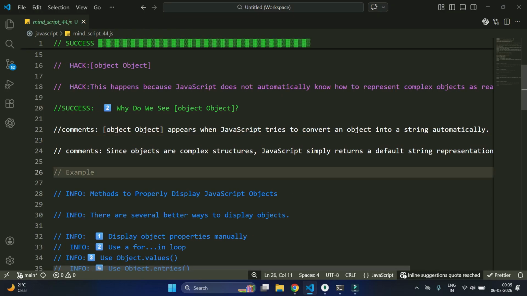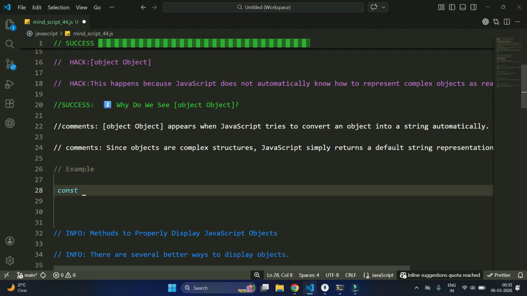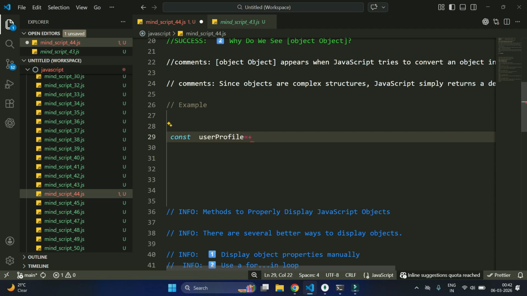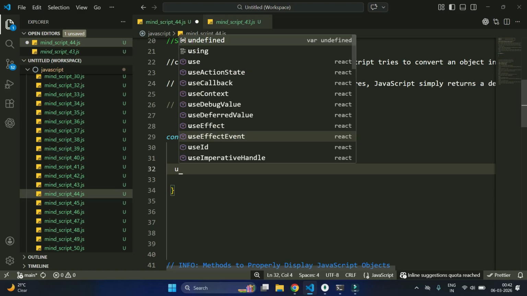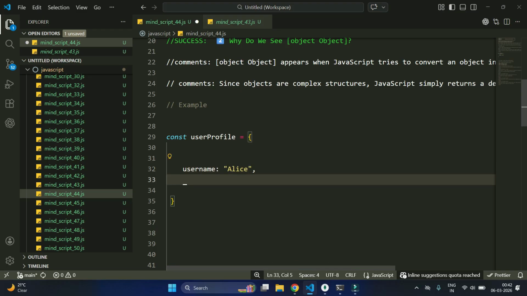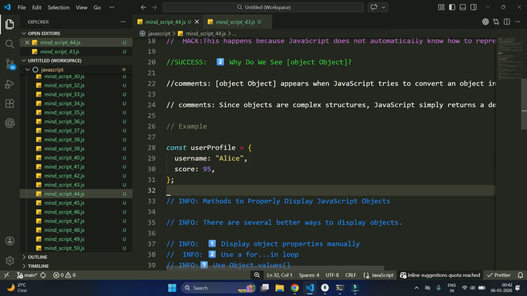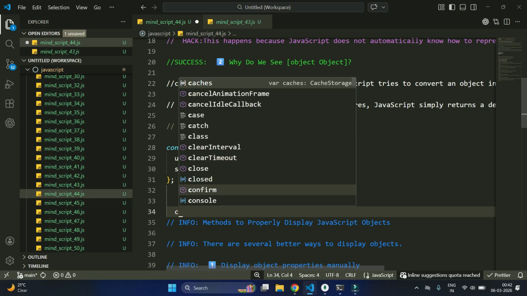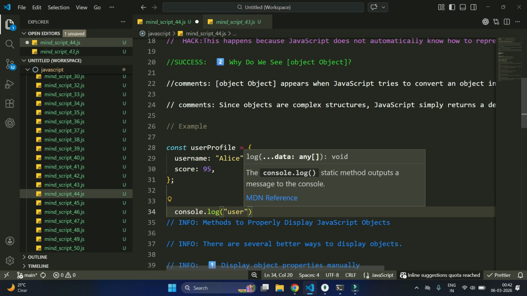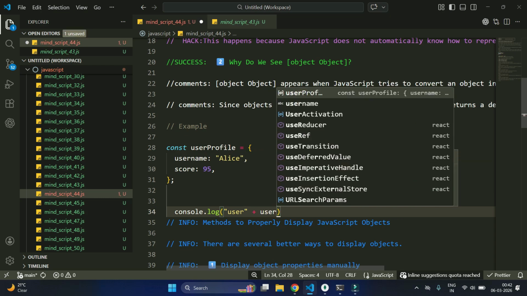Let me explain with an example. Let's create an object: const userProfile equal to, inside it, user: Alice, and then score: 95. So this is an object, and if you try console.log of userProfile,